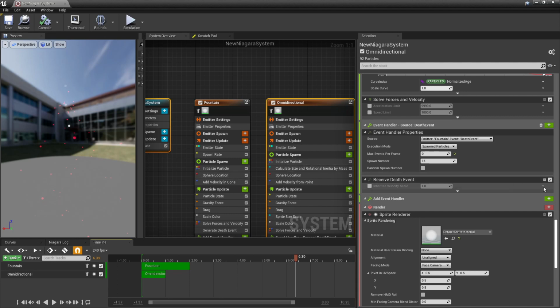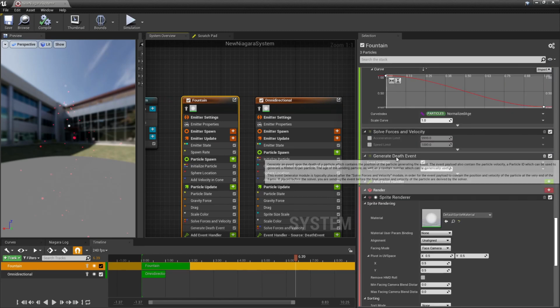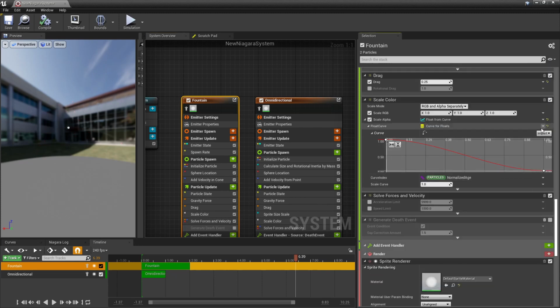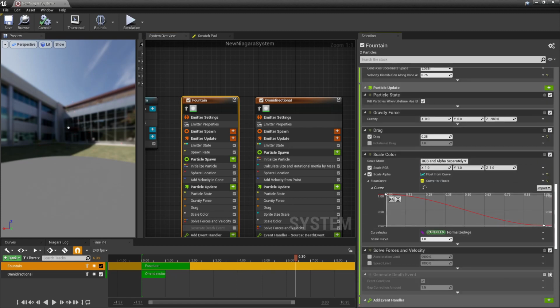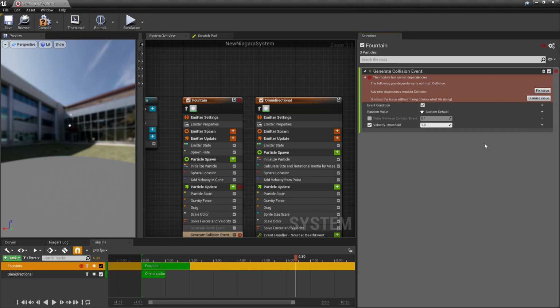Let us now see how we would receive a collision event. So again, it's the same thing in fountain. We have to send a generate death event. Instead of that, we have to send a collision event. So I will go here. I just disabled the generate death event and I'm going to say generate a collision event.